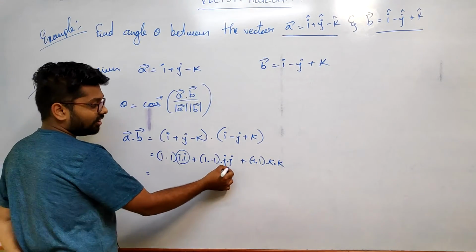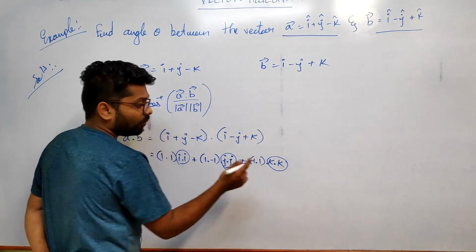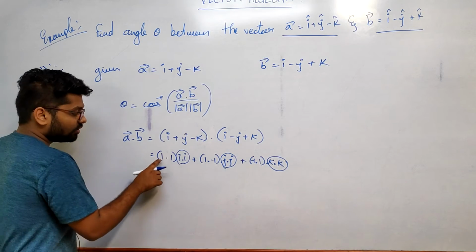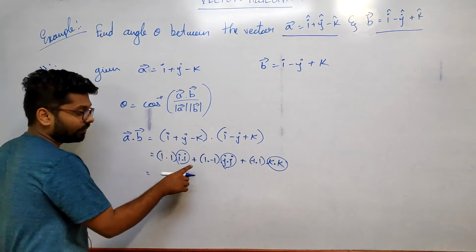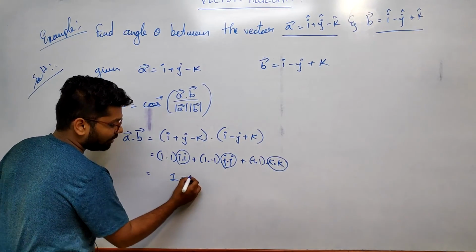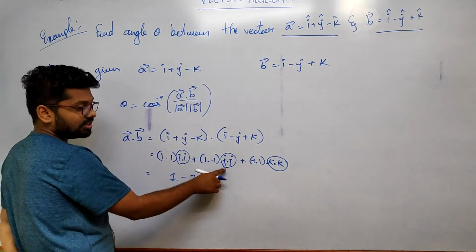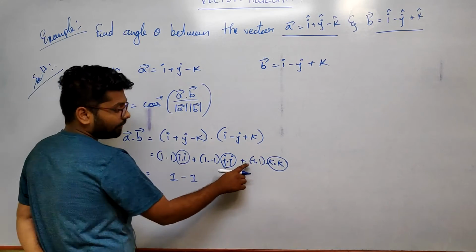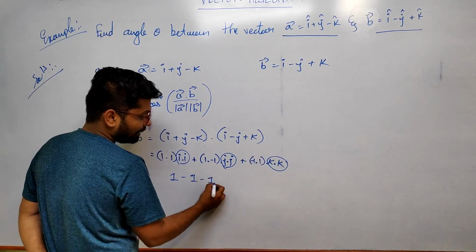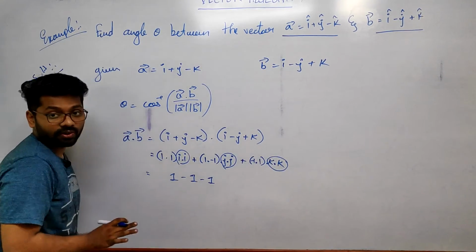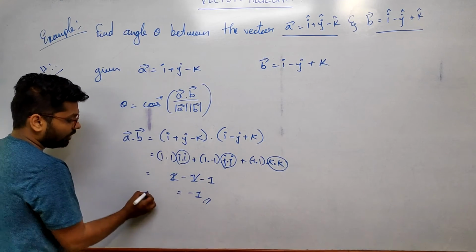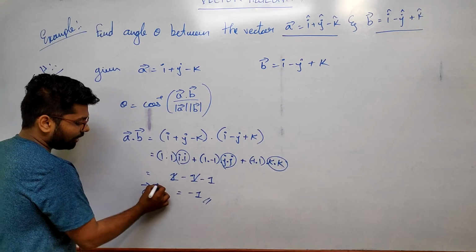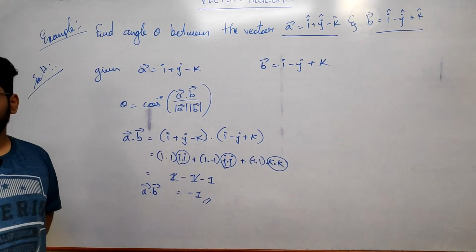I dot I, j dot j and k dot k is 1, 1 and 1. So 1 into 1 is 1, and this also becomes 1, so it is 1 itself. So plus into minus will be minus 1. So this is again 1, so it will be 1. Plus into minus, minus 1, and k will be also 1. This and this cancel, your answer is minus 1. So therefore a bar dot b bar is equal to minus 1.